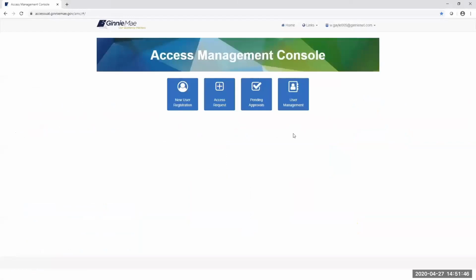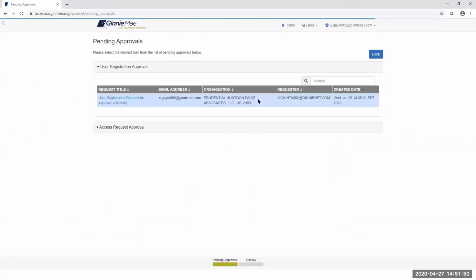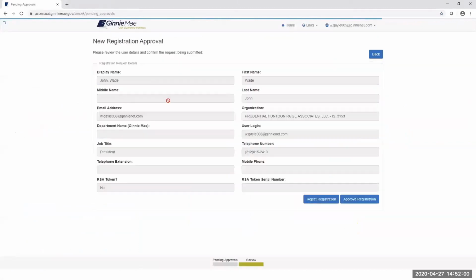We would go to Pending Approval tile. Here you can see the user registration approval and the access request approval option. And just like we saw earlier, we do have a user that has been registered with the first org admin, and now the second org admin will go in and will have the option to either reject the registration or approve. So you can here verify the detail of the user, and if you are satisfied, go ahead, click Approve